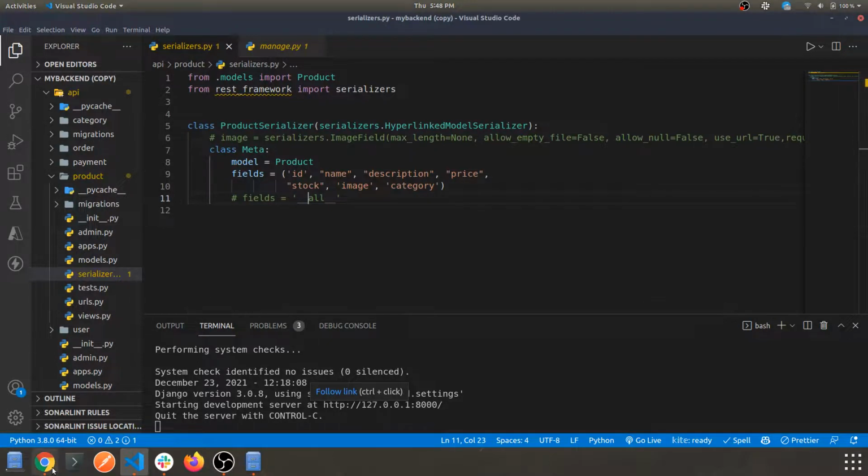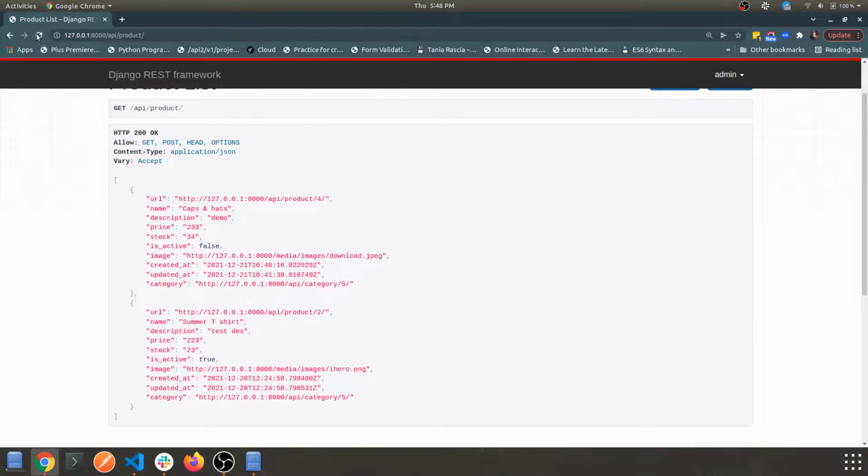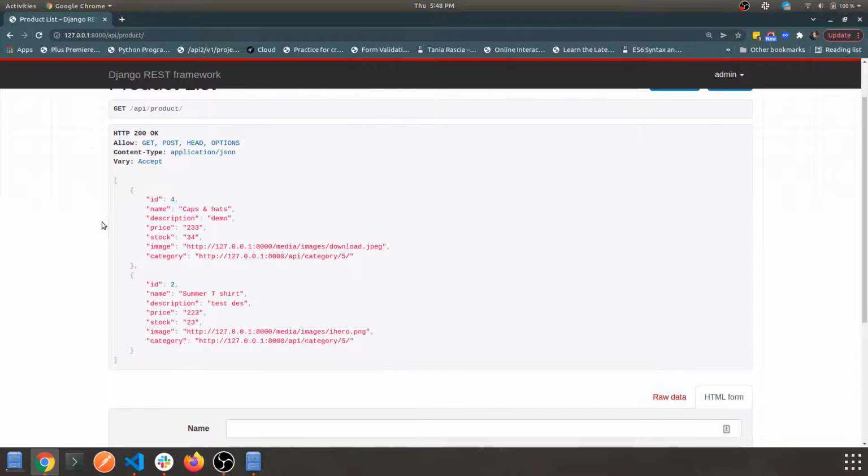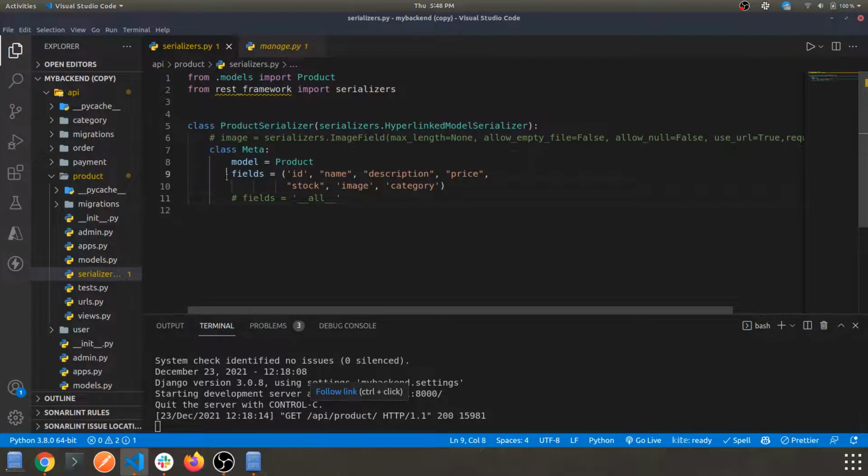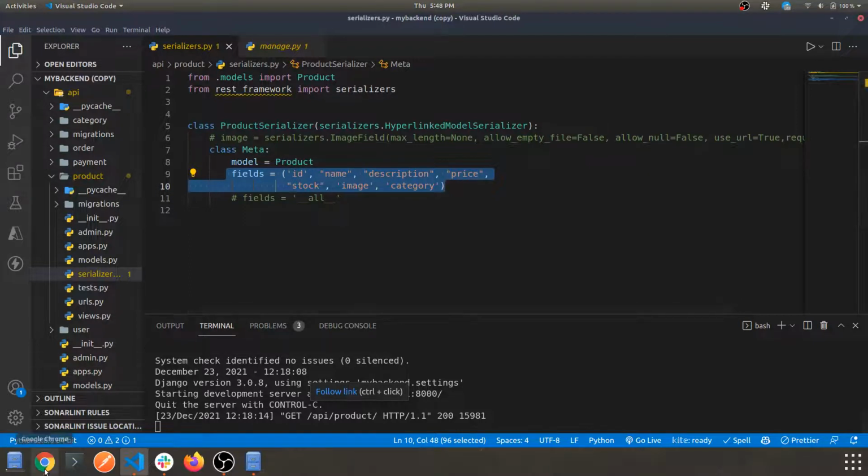Let's refresh this, and as you can see, the response is now a bit precise. All the fields which we have provided here are the only ones being shown in the response. So these are the fields which are currently visible in the API response: ID, name, description, price, stock, and image category.